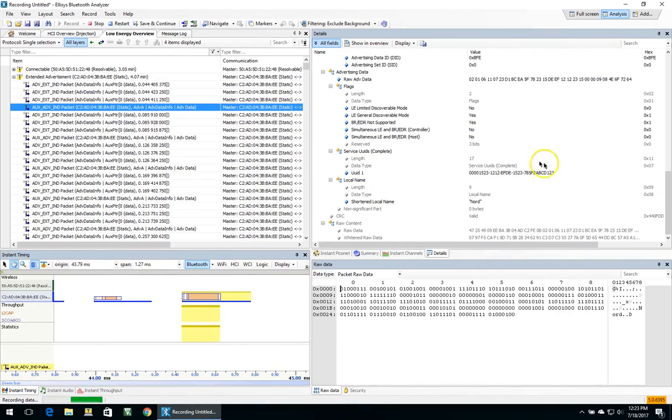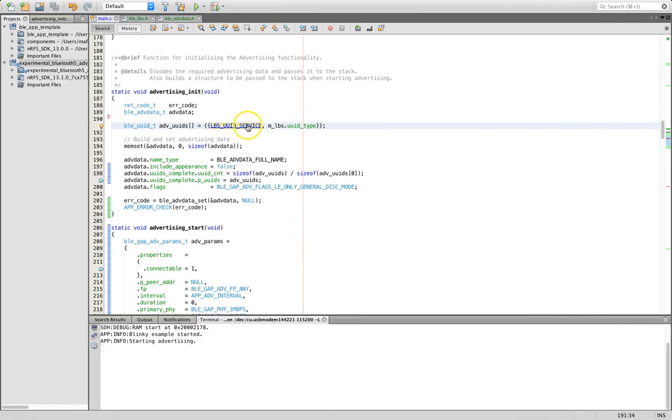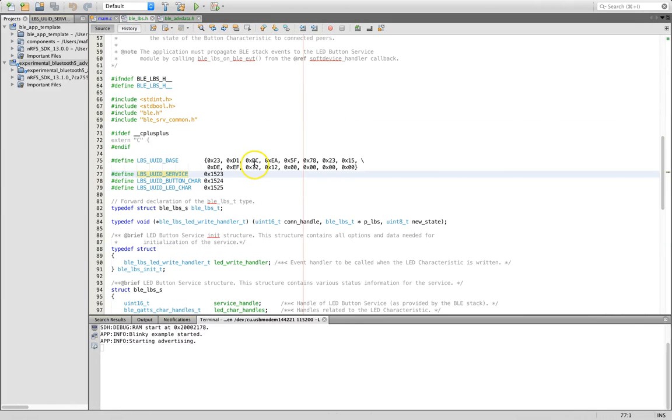If we go back to the Sniffer capture, we can see the service UUID is being broadcast. It's being captured here. It starts with 2 zeros, 1523, and if we go back to the LED button service, we'll see that this matches. The way that Nordic works is you can specify a UUID base, and then you have different UUIDs that replace the 3rd and 4th byte that's being sent out with the number provided here for the specific service